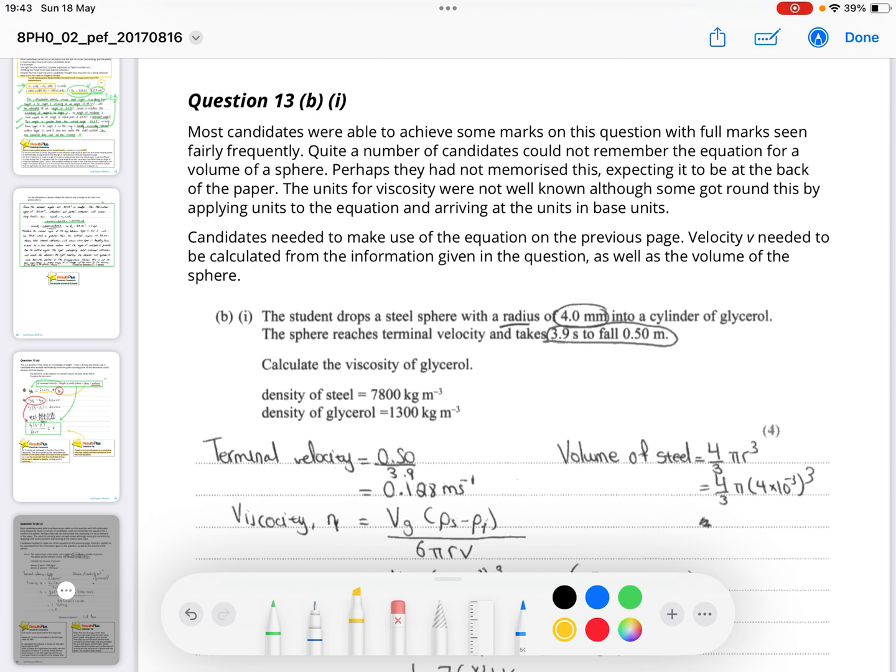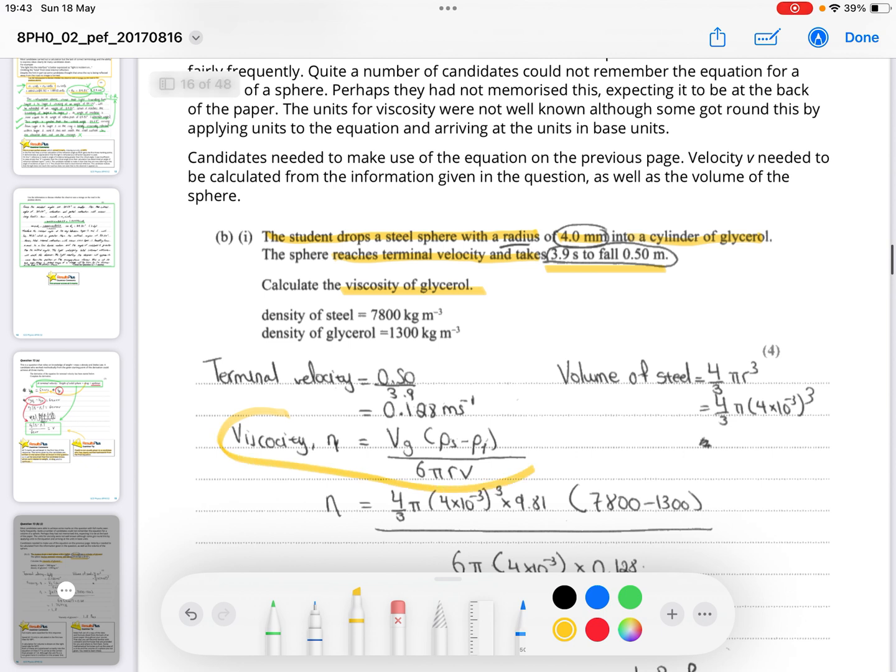Question B, then, the same question continues. The student drops a steel sphere of a specific radius into a cylinder of glycerol that we've just been talking about. And the sphere reaches terminal velocity and takes this long to fall once it's reached terminal velocity. They want you to calculate the viscosity using the same equation which you had to derive and that was given before. So you first find the terminal velocity by using this,